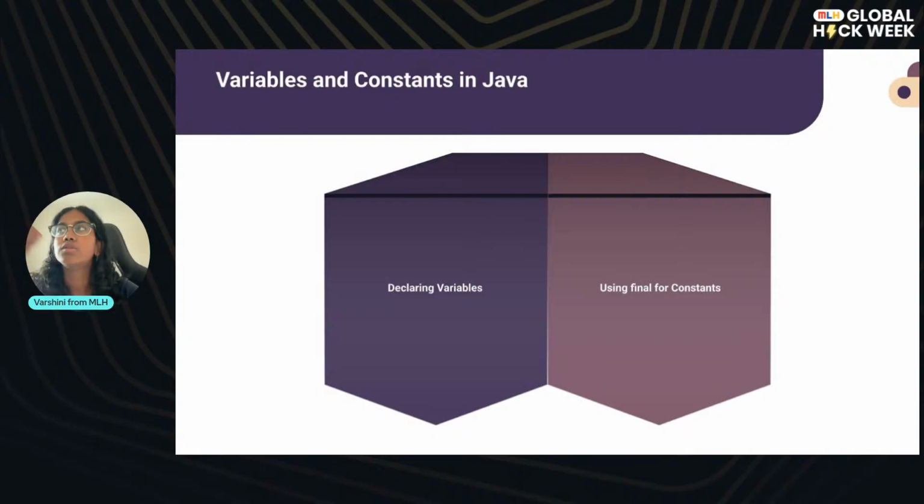Typically you would write something like age equals 6, but remember I was saying that Java is strongly typed, so you need to include the type of the variable. You would do int age equals 6, or double price equals 7.7 for the price of eggs or something like that.